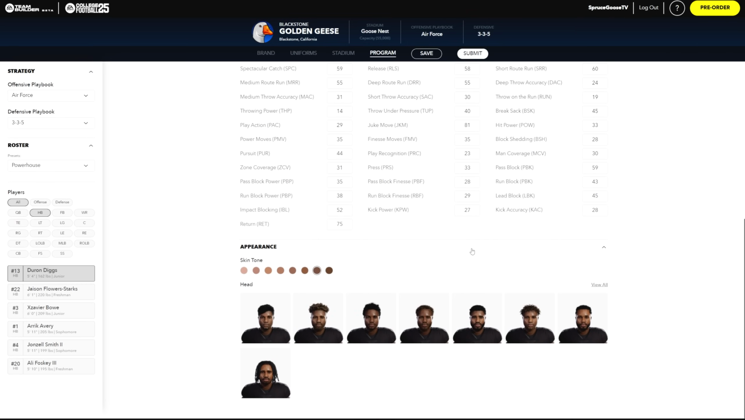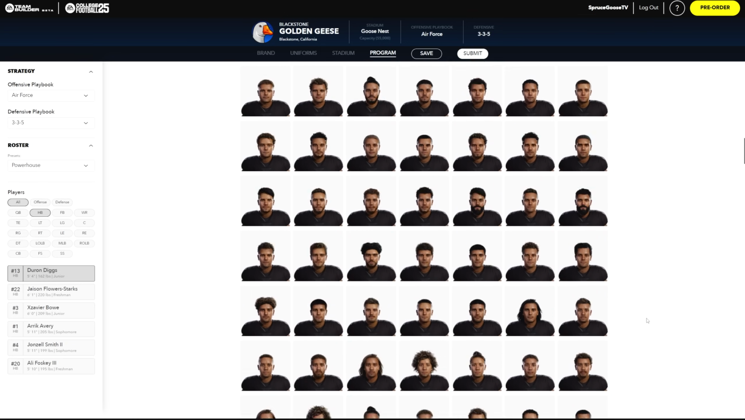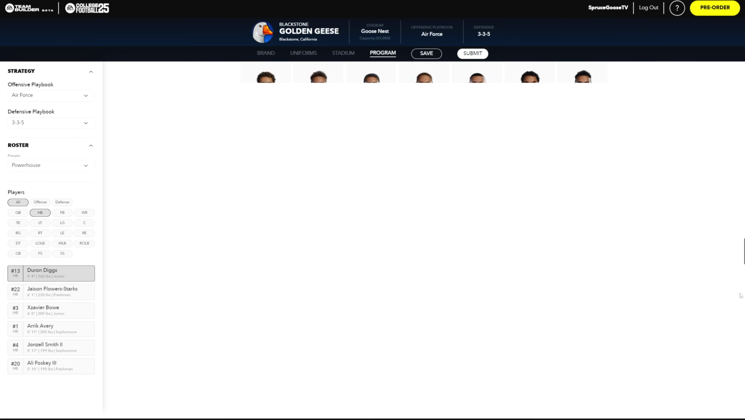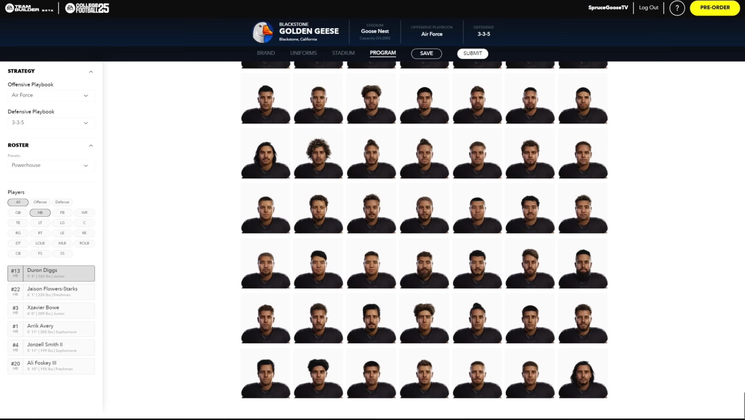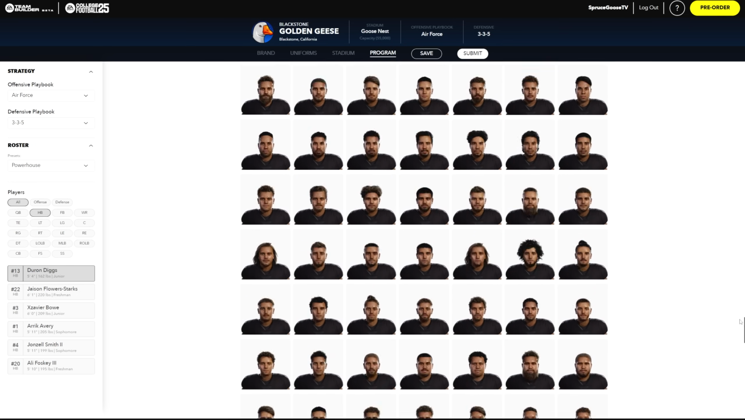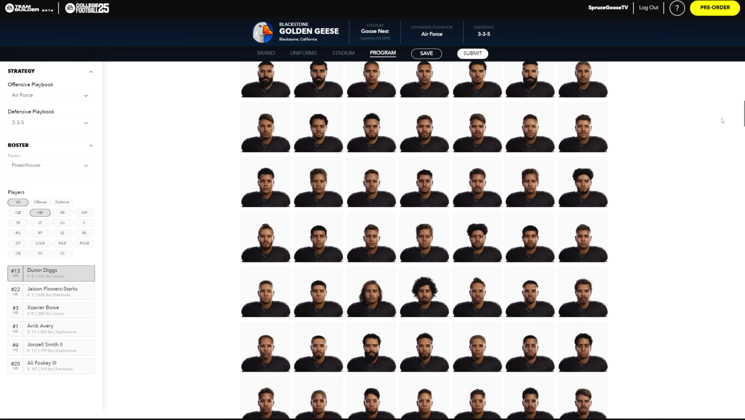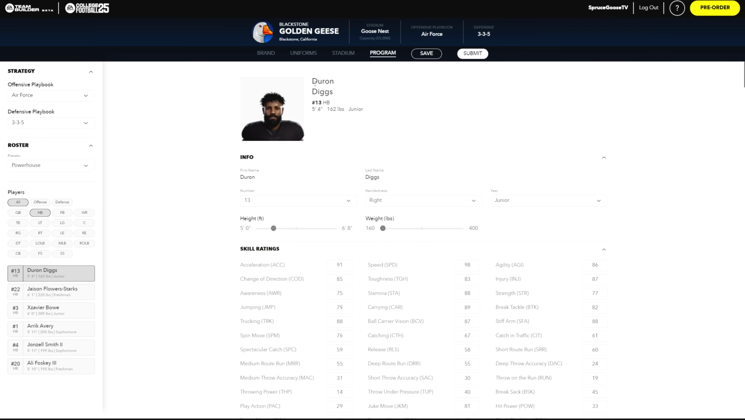I can even change his appearance. I can even, if I want to make him this color and choose between all these different faces for him, you can customize literally every person on the team in every single way. The only thing that you can't do is change his name. And I think that's because they don't want people to make inappropriate names and stuff, which is understandable. But besides that,